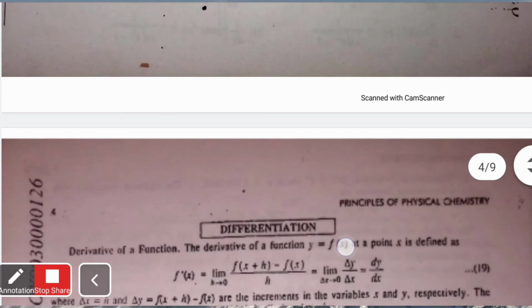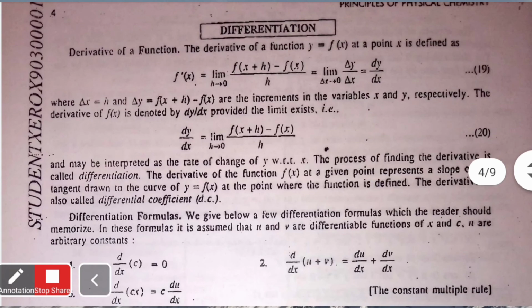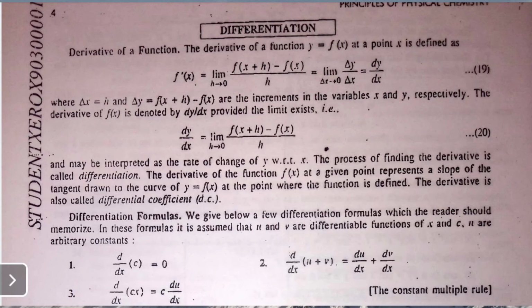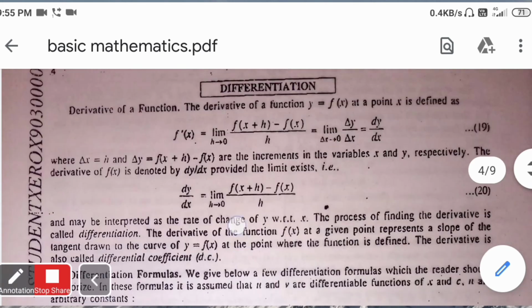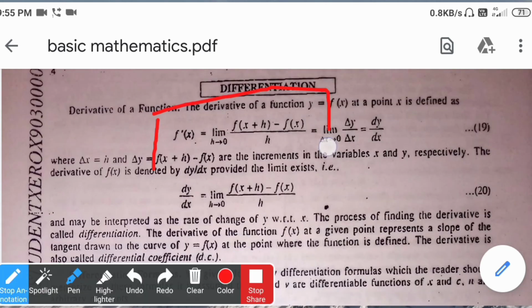So the next part is differentiation, or the derivative. The differentiation or derivative of a function is nothing but a limit. We have seen this limit: as h tends to 0, f of x plus h minus f of x upon h. So the change in the function with respect to x is nothing but our derivative. Suppose y is the function, then the change in y with respect to x is my differentiation, okay.